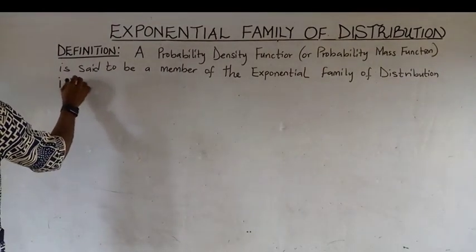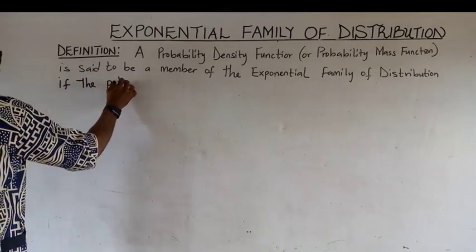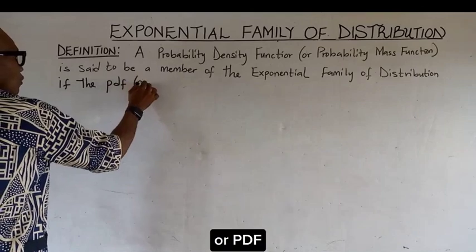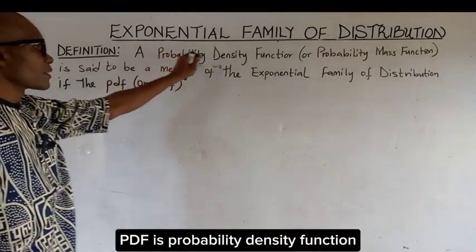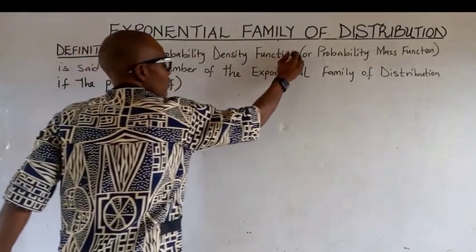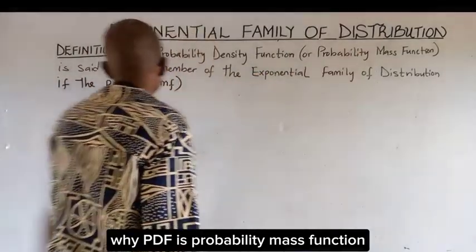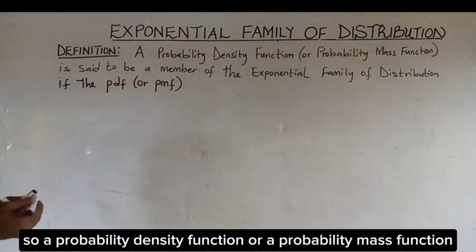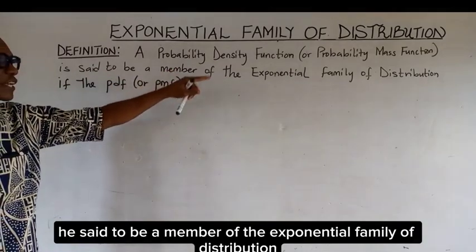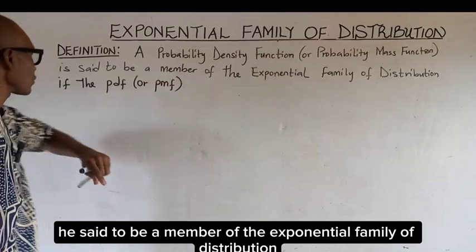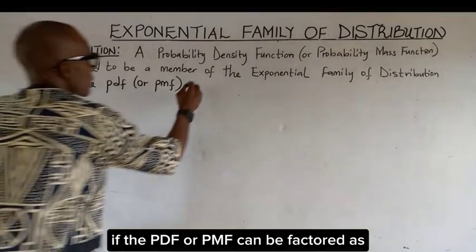If the PDF or PMF. PDF is probability density function, while PMF is probability mass function. So a probability density function or a probability mass function is said to be a member of the exponential family of distribution if the PDF or PMF can be factored out,